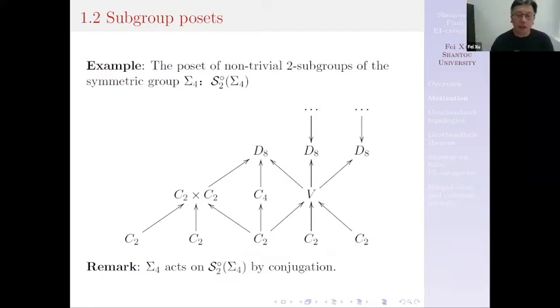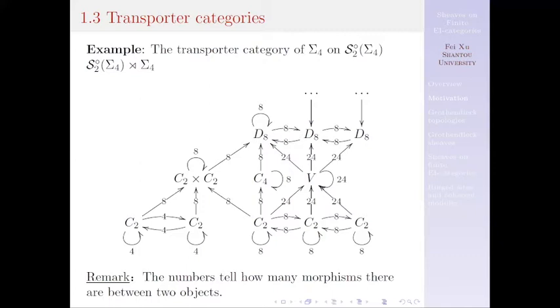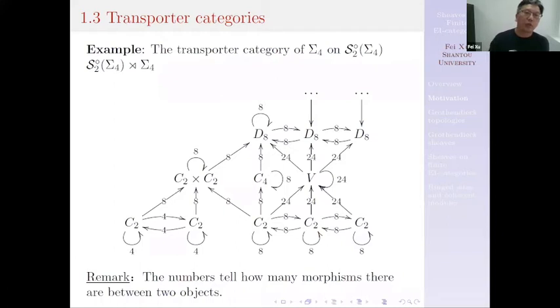The symmetric group acts on the poset by conjugation. This poset doesn't carry enough information about the group, so we build some categories from it. The next one is the so-called transporter category that we saw already yesterday. It is actually a Grothendieck construction, because the symmetric group acts on the poset, so we can produce